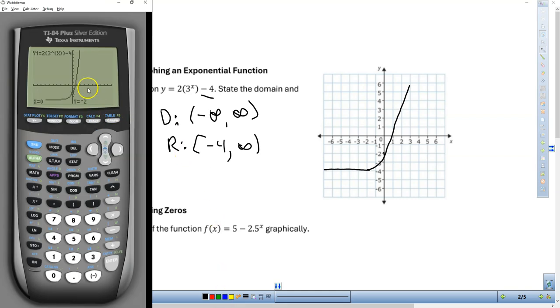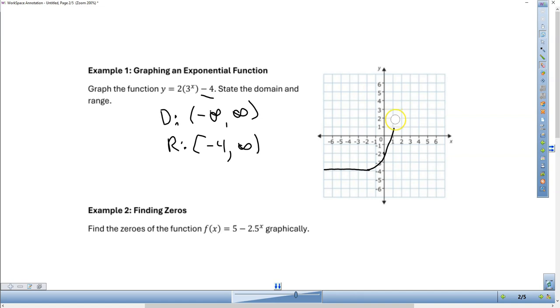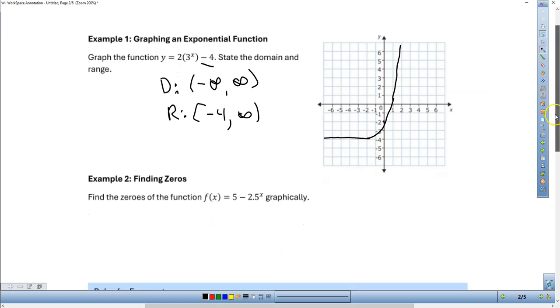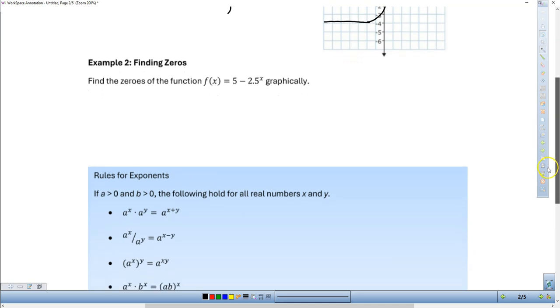That's a pretty crude sketch of that. So you could make a more accurate one. I'm just going to fix that just a little bit there, make it a little bit more representative of what we saw in our graphing calculator. Now, if we move onward a little bit, let's keep that graphing calculator handy just for a second,